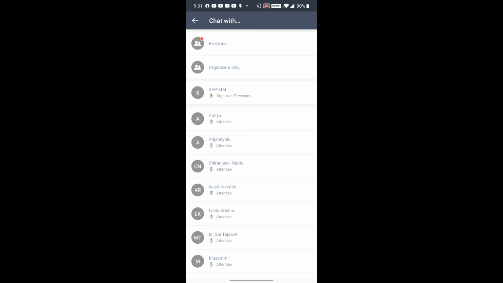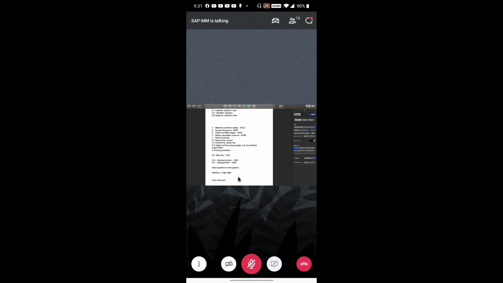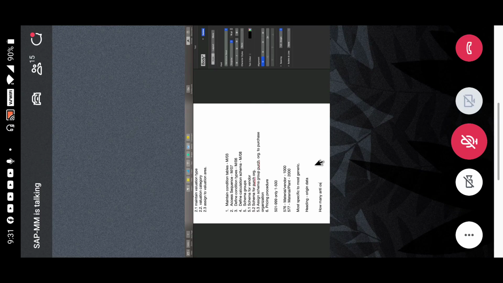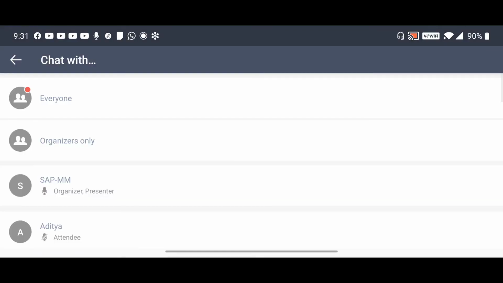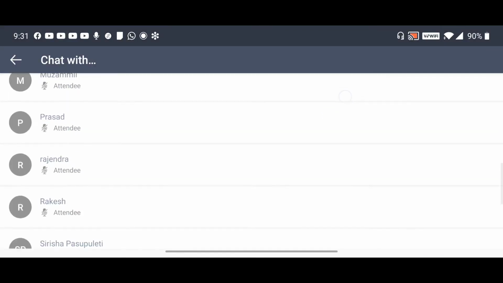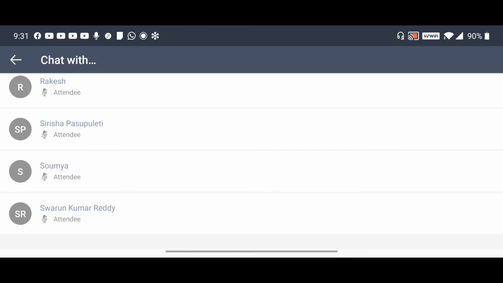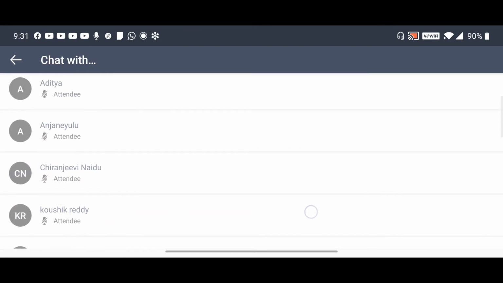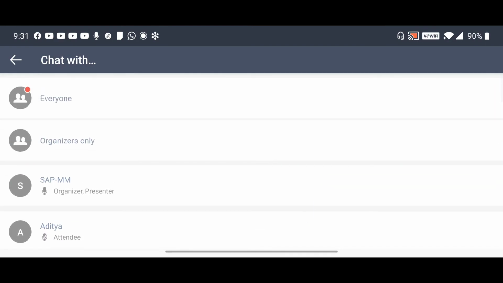Again, I'm typing my question here. How many units of measurement are maintained in the material creation screen? Question for all of you, entire 14 members, those who are done with material practice.